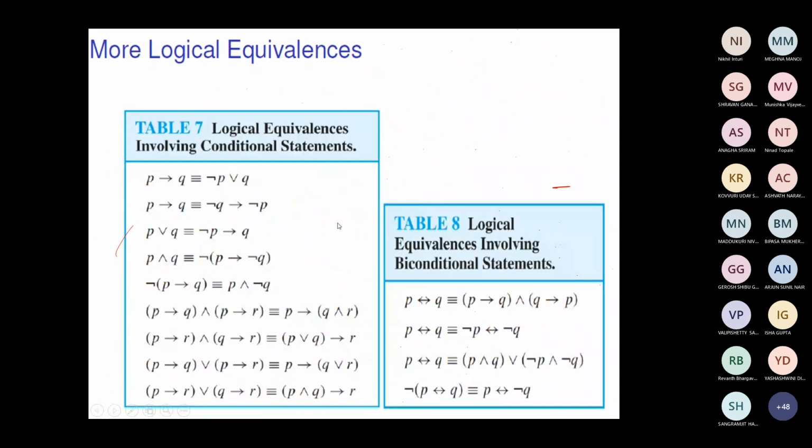Okay, logical equivalence. Just look into all these statements. This you know already. This you know already. Can you say how you get this particular law? P tends to Q is equivalent to not P or Q, and this you know. Using that, can you say how to prove this? P or Q is this. What I'll do is P or Q, I'll write it as not of not P or Q. Is this correct?